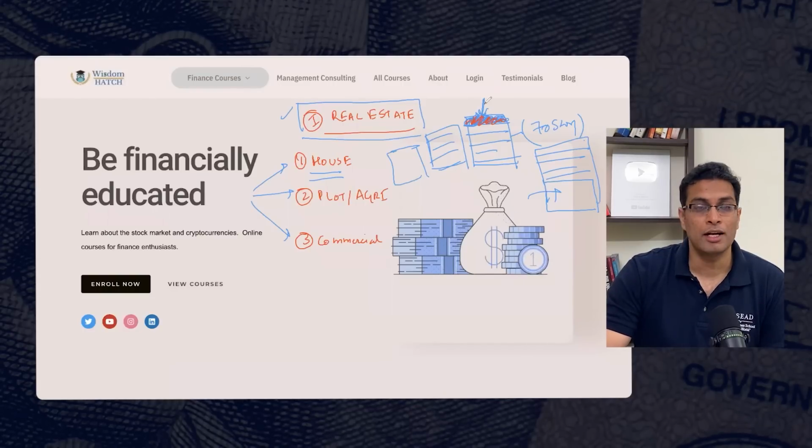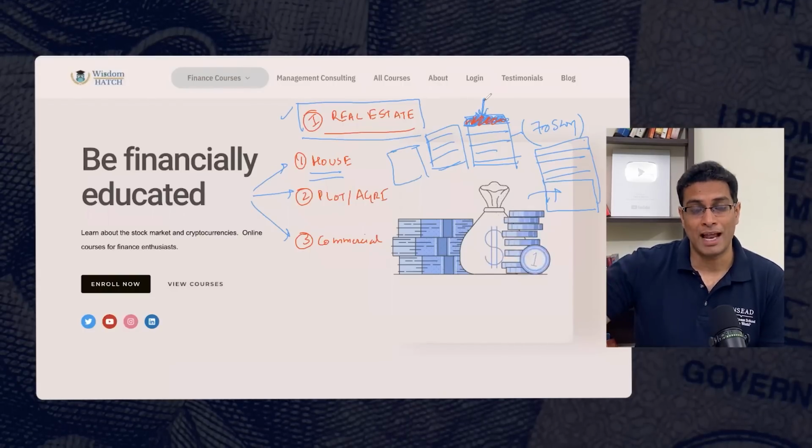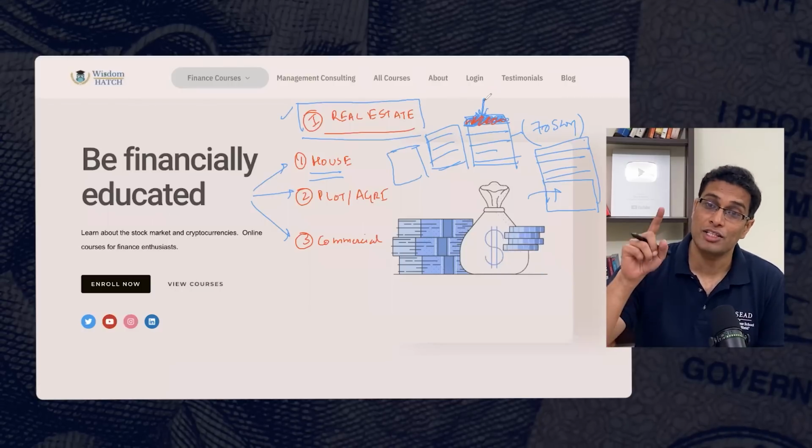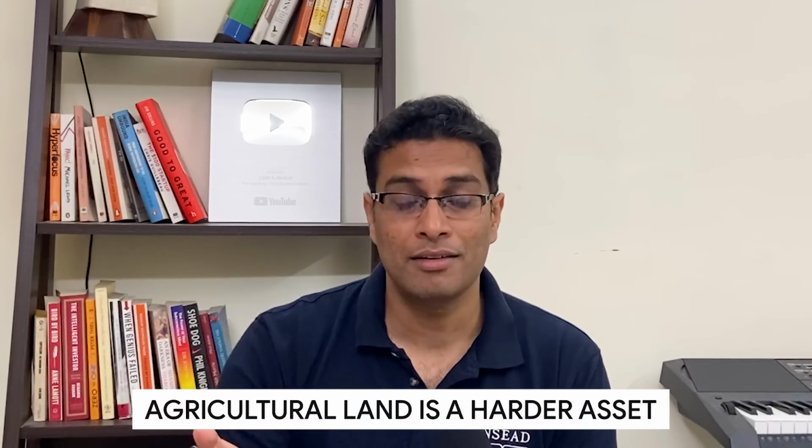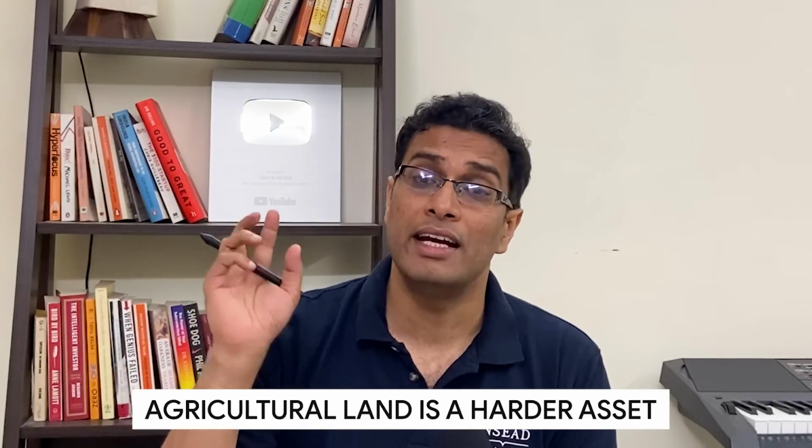Is an apartment a harder asset, or is an agricultural land a harder asset? An agricultural land is a very hard asset. Can I prove it to you? The answer is yes. How? Because the value of an agricultural land, you buy it today and you keep it for 50 years, it will go up. But if you buy a unit here and hold it for 50 years, and as your flat gets older, the value of that flat is likely to come down. So this is the difference between hard and soft asset. An agricultural land is very difficult to create, very difficult to destroy, and it retains its value. But on the flip side, a flat is easier to create, it does not retain its value, and it is easy to destroy also.